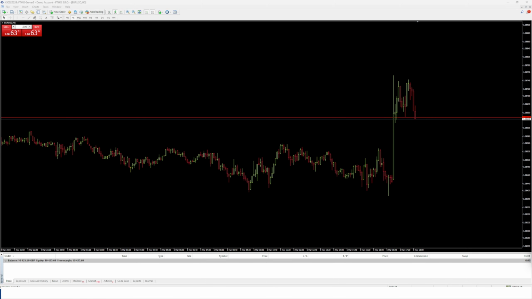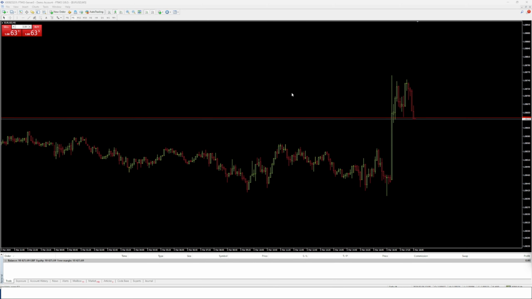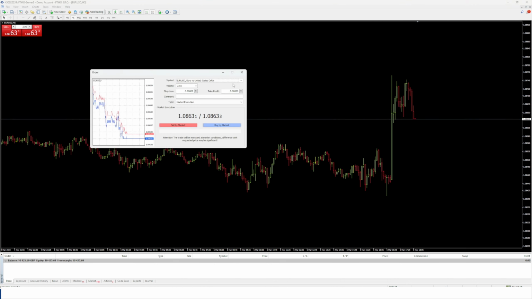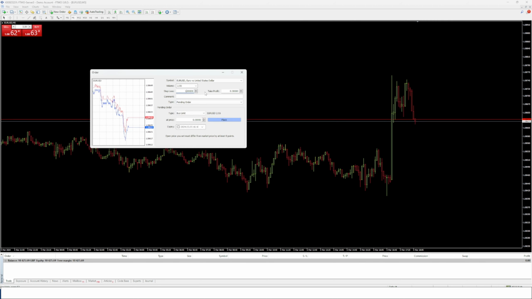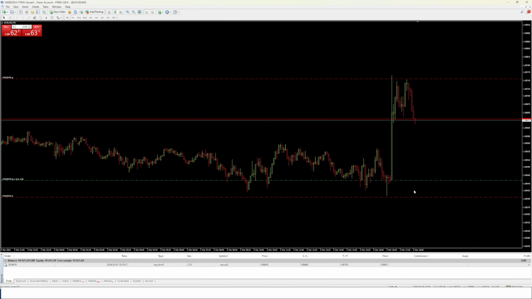Now I'm going to show you how to place this order on MT4. MT5 is very similar. First of all, ignore this area here. This places market execution orders. We don't want those. You can actually hide it if you want to. Instead, press F9. Choose, instead of market execution, a pending order. We know 2.55 is the right one. We know our stop loss 1.084. Our take profit 1.0875 and our price 1.0845.